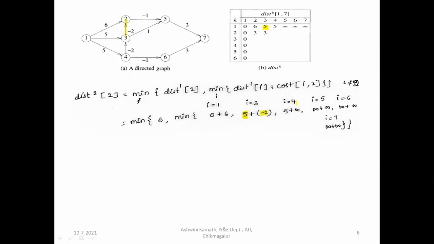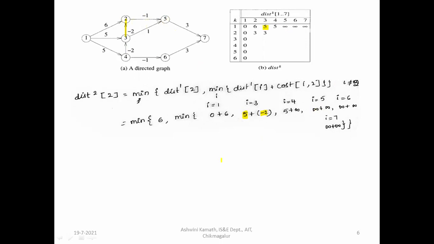From 4 you check. That is 4 to 2 we have to check. 4 to 2 I don't have any direct edge, so it will be infinity. So then next, from i is equal to 5, infinity from the previous value from the table you consider. It is infinity plus 5 to 2. 5 to 2 I don't have a direct edge, so it will be infinity. From 6 also we don't have an edge, so it will be infinity. From 7 also we don't have an edge to 2, so it will be infinity.